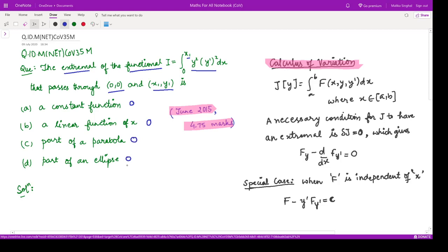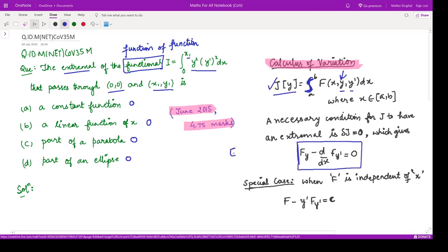So for solving this kind of question, we must first know what a functional is. A functional basically is a function of functions. What does that mean? It means that whenever you plug in a function here in the form of y and then you integrate it, you get another function. So this forms the general form of a functional. To find the extremal of this functional, we have this equation